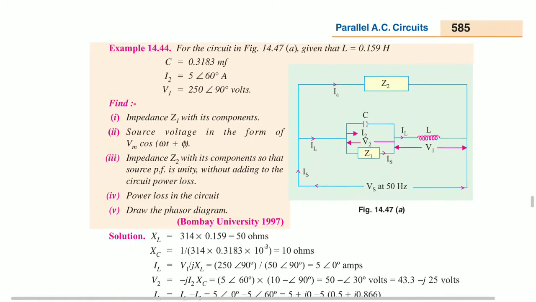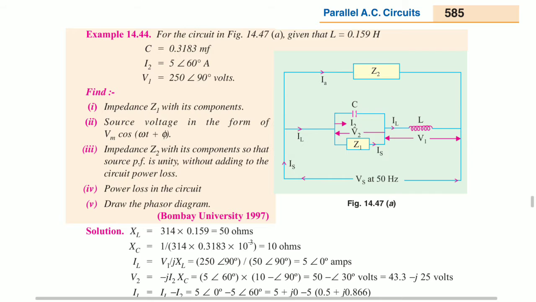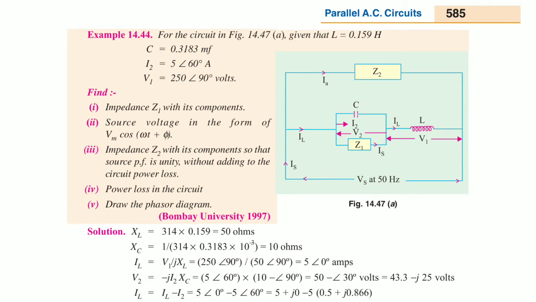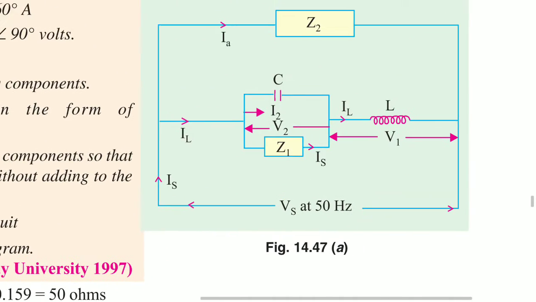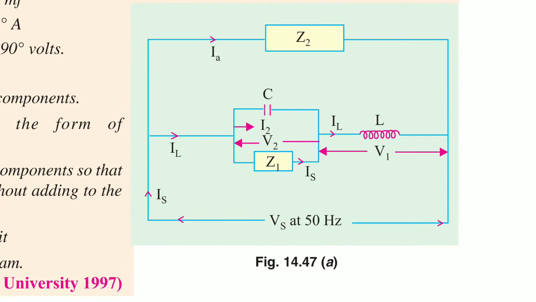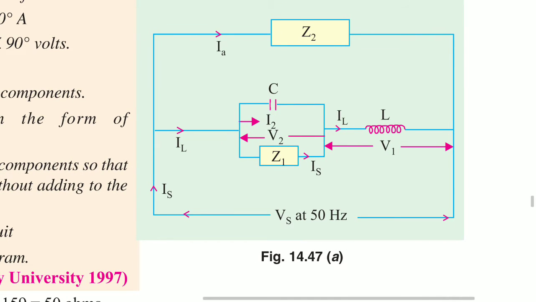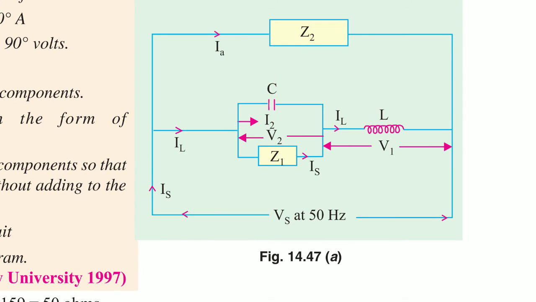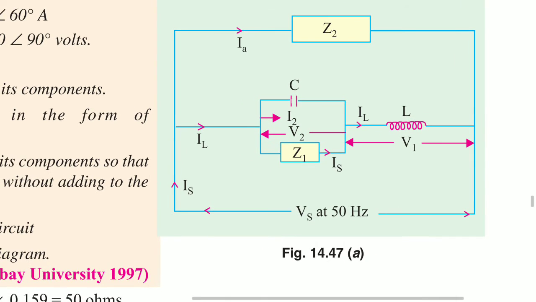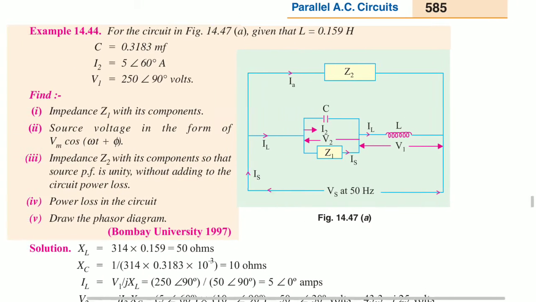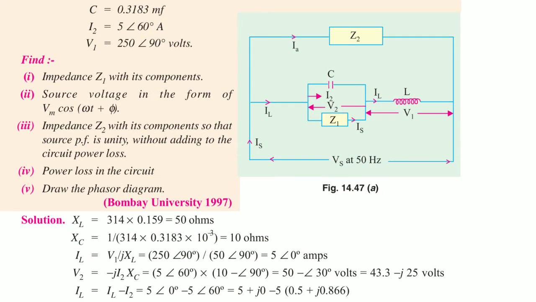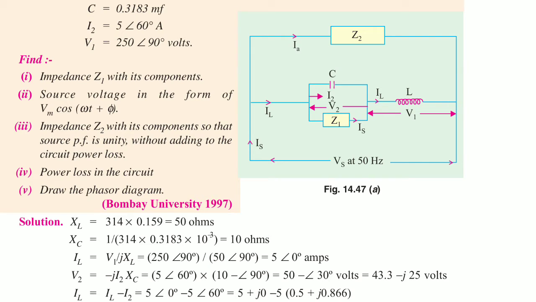Here for the circuit in the figure, L is equal to 0.159, C is equal to 0.3183 microfarad, and I2 is equal to 5 angle of 60 degrees, V1 is equal to 50 angle of 90 degrees volts, and this is the circuit diagram they gave. Z1 and C are in parallel. After this parallel combination, L is in series, and this total is in parallel with Z2. This is the combination. So what they are asking: find the impedance Z1 with its components and the source voltage